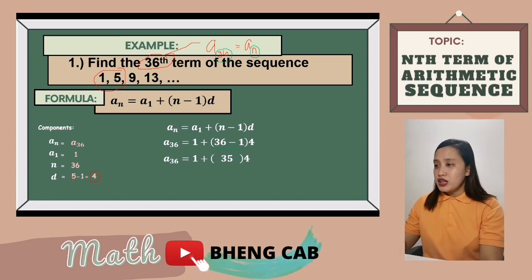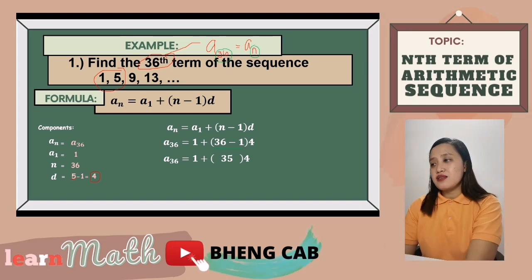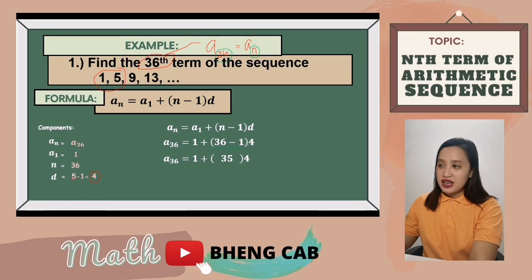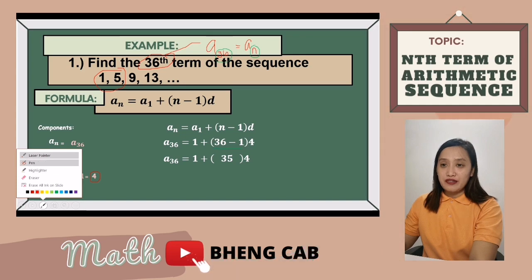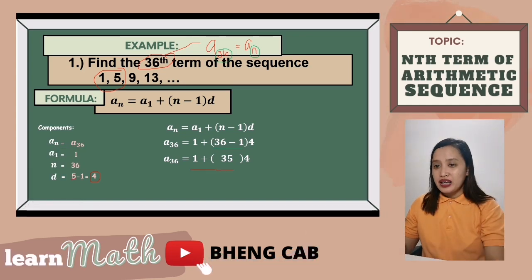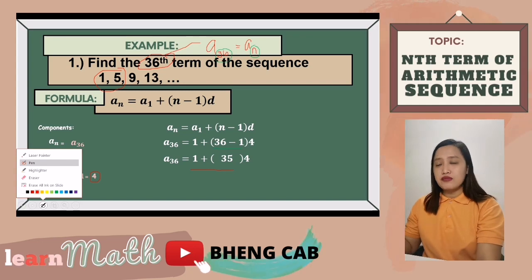Okay, so dito, ito yung medyo crucial sa pagsagot ng arithmetic sequence. Yung iba, ang ginagawa nila, this is the common mistake. What they do is they add this first. Yung 1, tapos yung 35. Ang gagawin nila, i-add nila to. Kasi ayun yung magkatabi. Not knowing that in performing a given like this, kailangan nating sundin yung PEMDAS, which is